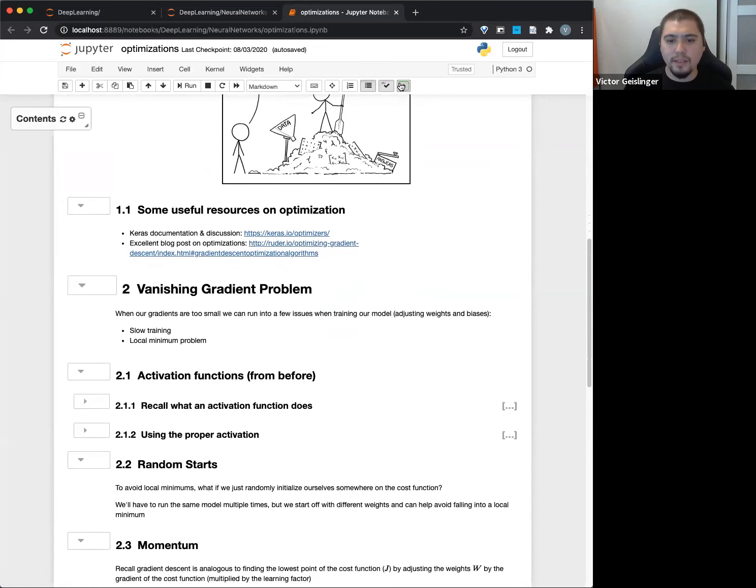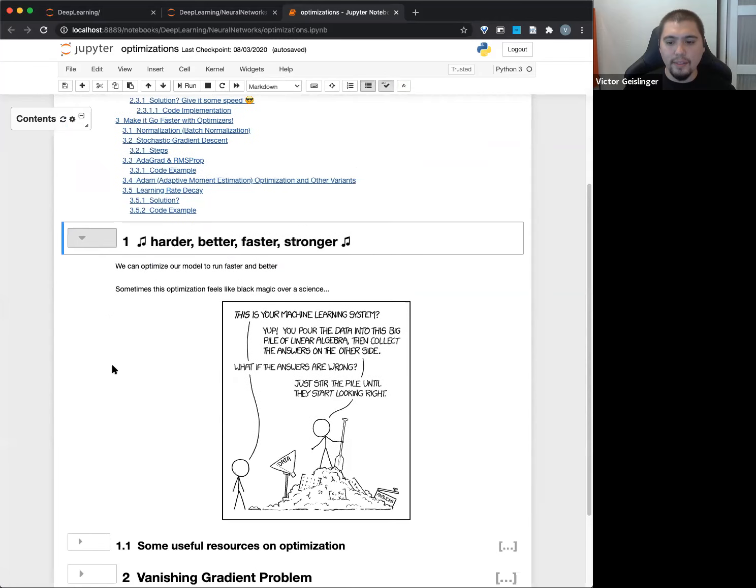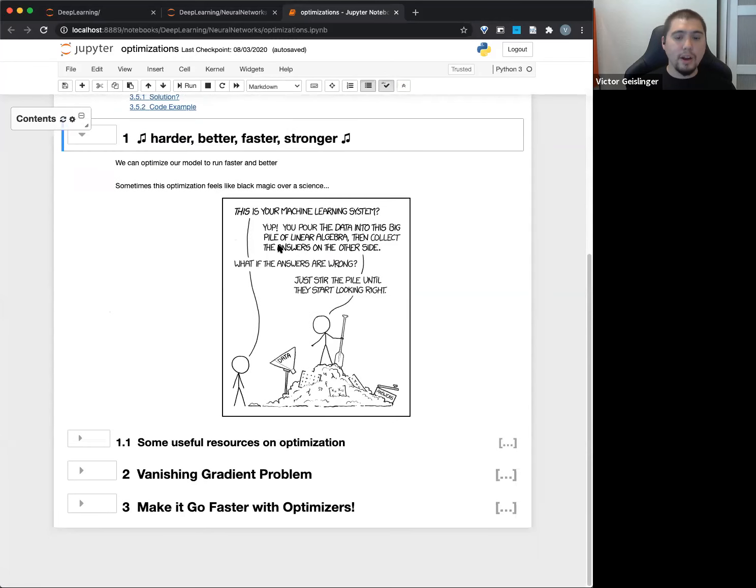So let me just minimize this. It makes it easier to navigate. Okay. Like I mentioned before, your optimizations are kind of there to help you get to the answer faster. In a lot of ways, neural networks are like when you teach a child, you don't have full control of a child, right? You can't control every single aspect of their life. You could try, but it's not going to work out. All you can really do is guide the child in the right direction. That's kind of what your neural network is: it's going to do its thing, but you can encourage it and guide it in a direction that you want it to go.